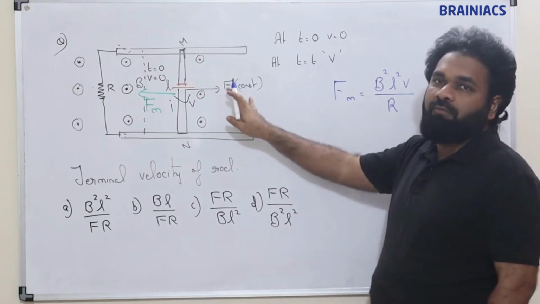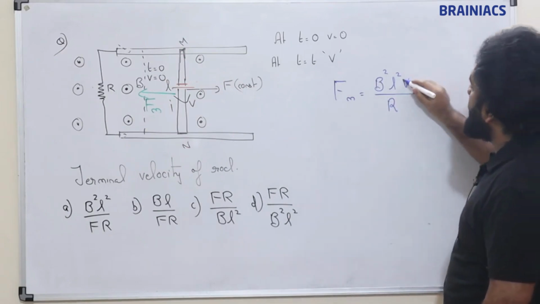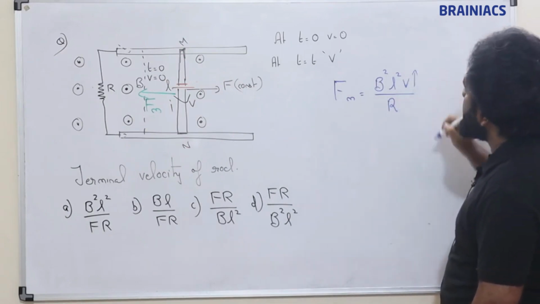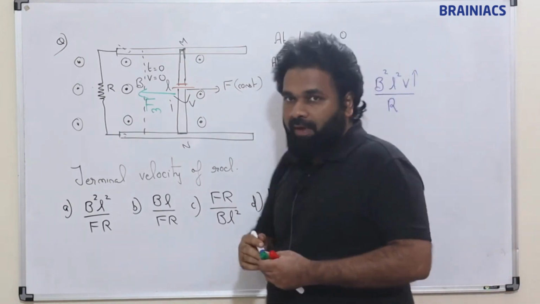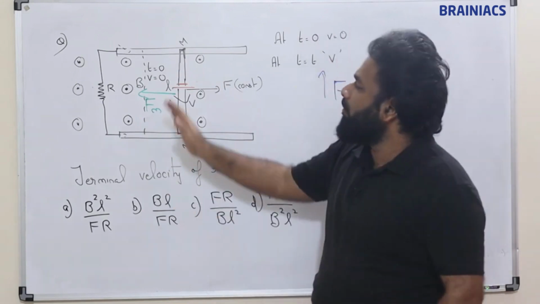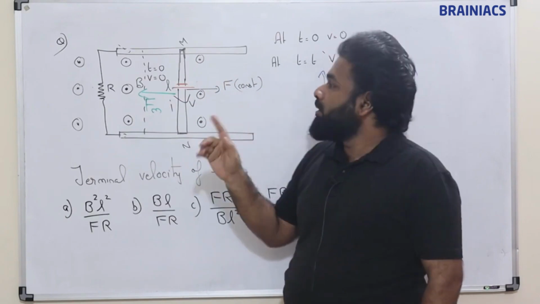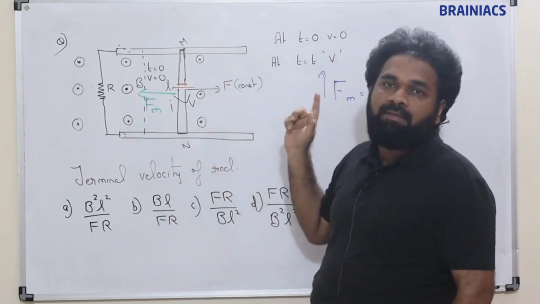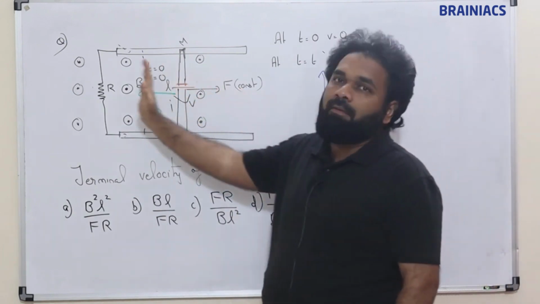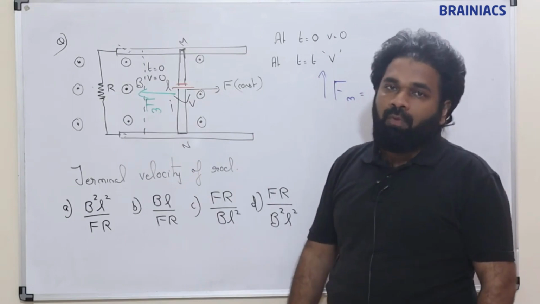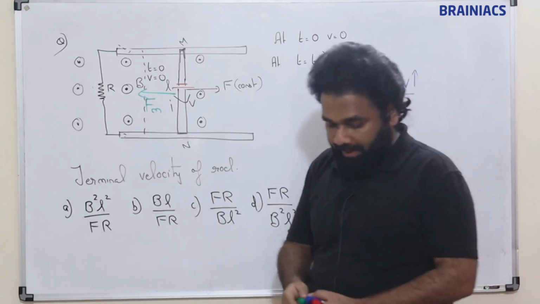So this is a constant force and this is the magnetic force. So when velocity increases, magnetic force also will increase. Okay, fine. So when it starts moving, magnetic force will be there. Since it is moving like this, obviously this constant force must be greater than the magnetic force for some time. When this becomes equal, then velocity will become constant, right? So